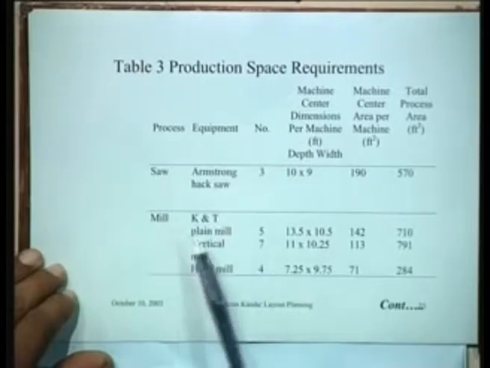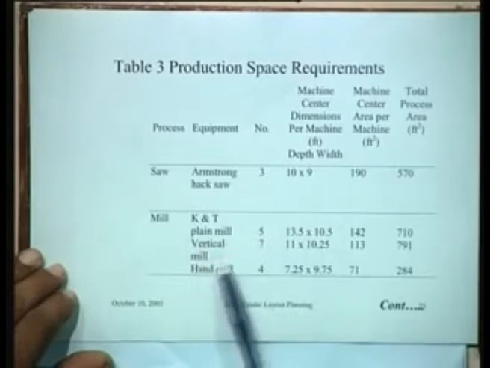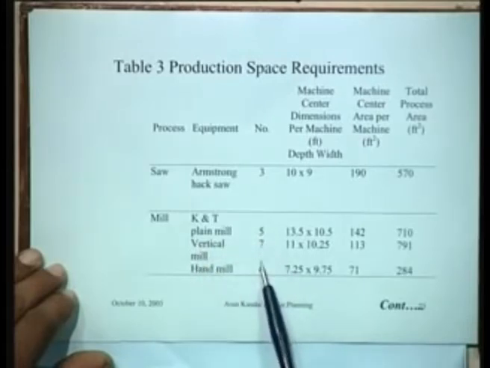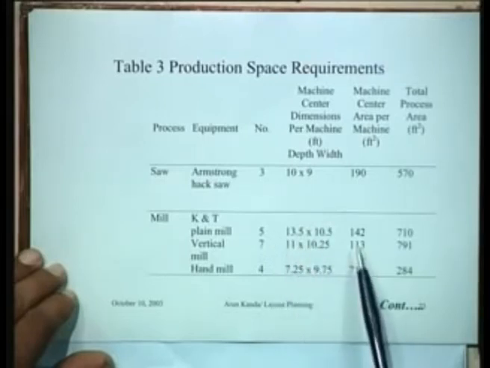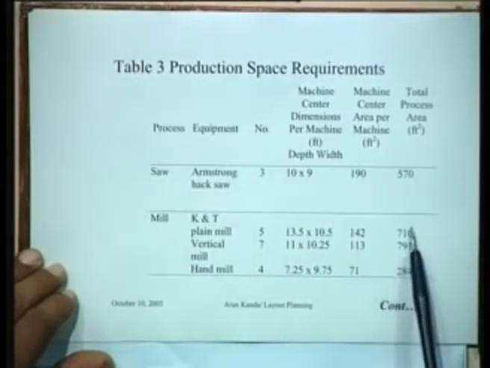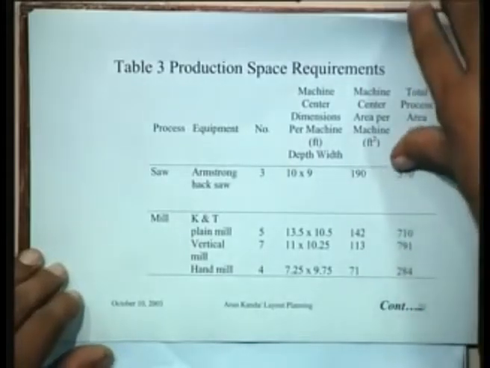Similarly, in the mill you might have different types of machines. You have a plane mill, 5 of them, vertical mill, 7 of them, hand mill, 4 of them. You know the department sizes of the machine center requirements, area of each department, and the total area corresponding to each of these machines. So this exercise can be done for the calculation of the production space. So we do it for each department in the same manner,